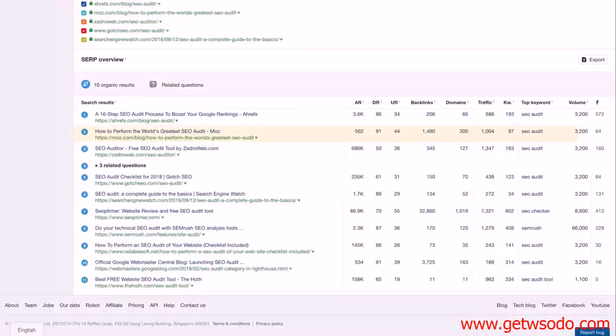And that is just a single one of the top ranking articles for the topic that we want to rank number 1 for. Just look at the domains column that shows how many websites are linking to each of these search results. I'm sure if I review all of them, I'm going to find a lot of great outreach opportunities for promoting our guide to SEO audit.